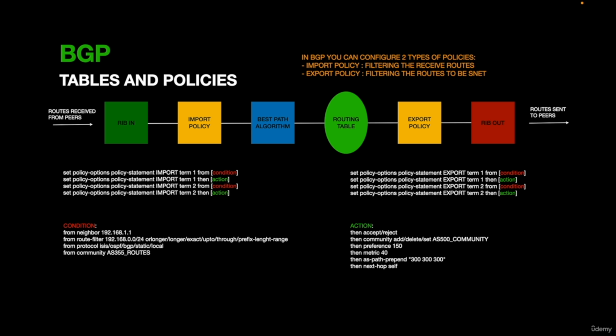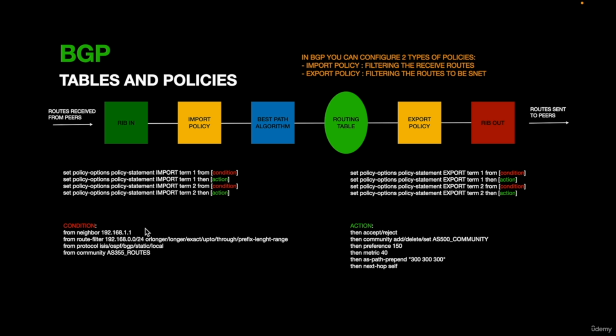We can configure two types of policies in BGP: import policy and export policy. Import policy is used to filter the received routes, and export policy is used to filter the routes to be sent. When we configure an import policy, we define terms, condition, and then action. For example, a condition can be from neighbor